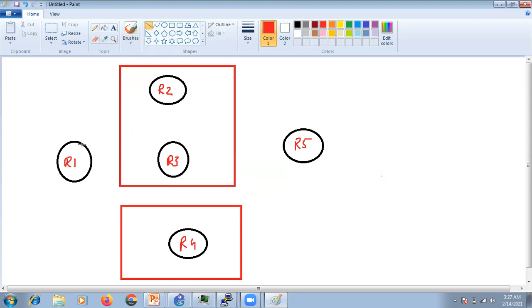Let's try to connect them like this, and also connect them here.